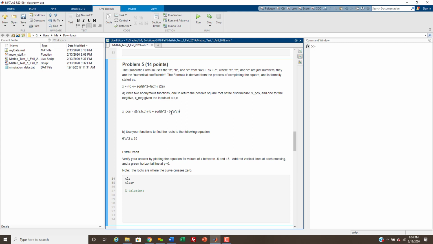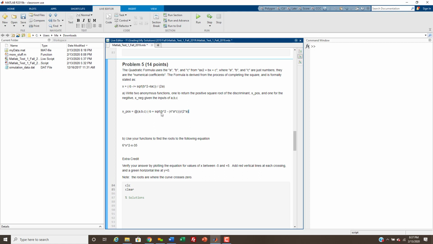Okay, so those are my square roots, and then all of that is divided by 2 times a, and we're going to suppress the output. Oh, not double a's, just one a. Close the parentheses, and okay, and then we're going to cheat